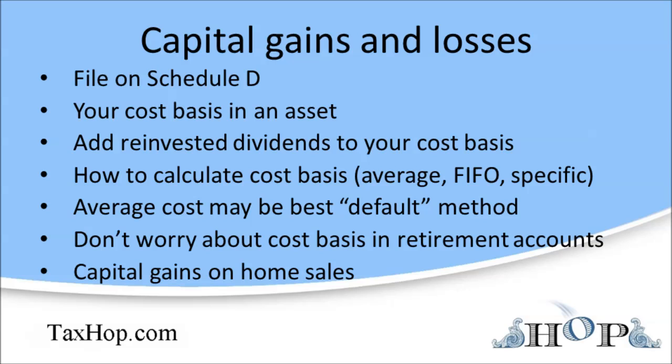After reporting small business or self-employment income on Schedule C, report any capital gains or losses on Schedule D. A lot of people won't have any capital gains transactions, but if you sell securities or other capital assets held outside of a retirement account, you'll have to fill out Schedule D. And don't worry, the IRS has devised a system to help remind you of the need to report capital gains